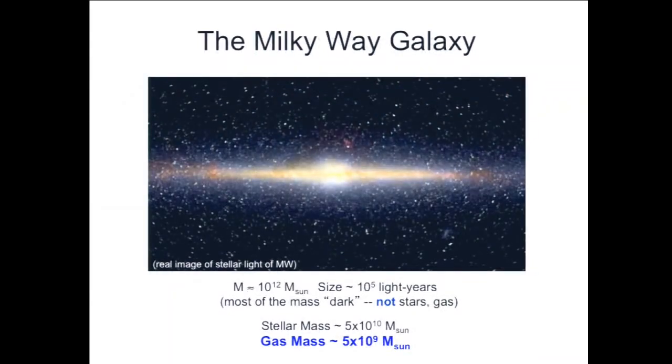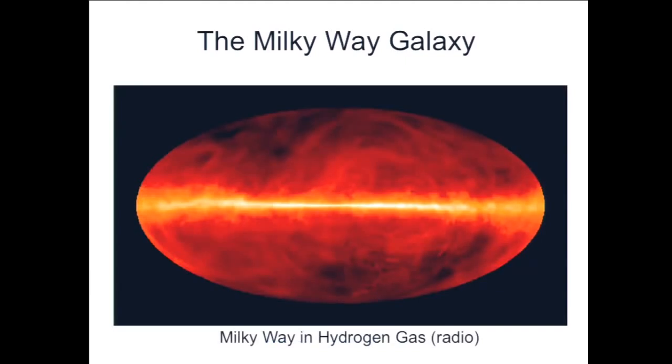And where do those stars come from? They have formed through time from gas that fills the space between stars in our galaxy. And you can actually take an image of the night sky, not in starlight like this image is, but in the light produced by the gas itself. So this is a picture now of our galaxy, the same projection of the sphere, in the light produced by hydrogen gas.